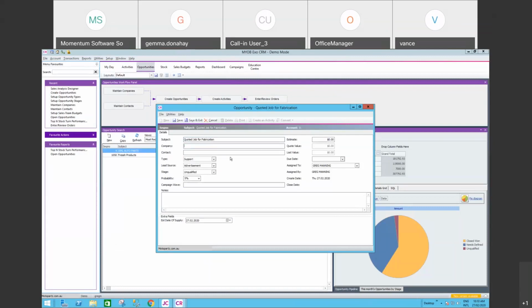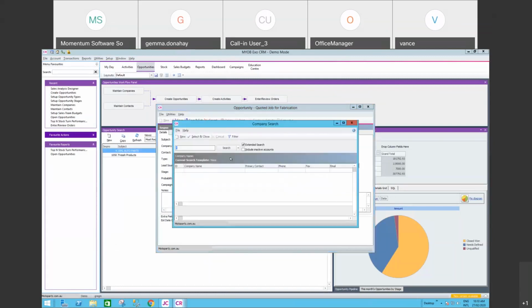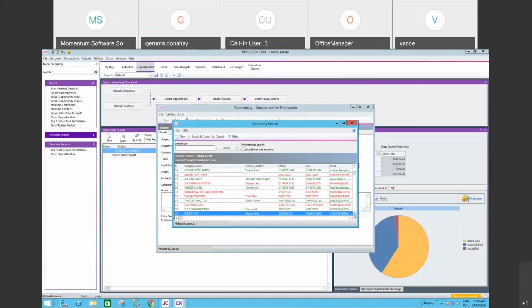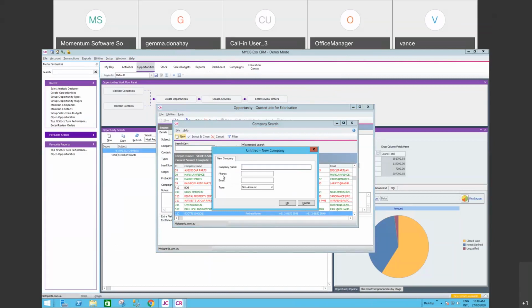You can create an opportunity for any customer, but you can also create an opportunity for a prospect. So that's something that you can't do in the job costing module, is do a quote for a company that's not a debtor. So I can even create a new one on the fly and say, this is my,